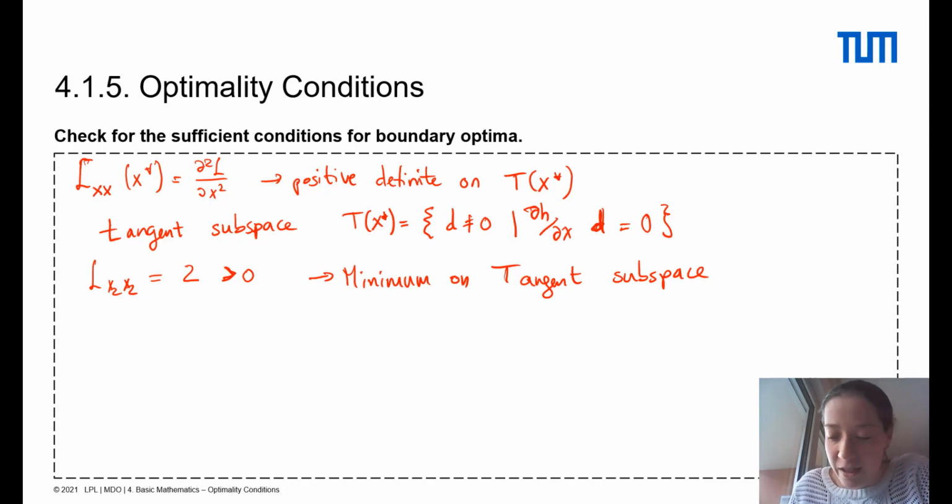Why do we have to make it so complicated? Just one word. So we've shown that the sufficient conditions are fulfilled as well. We're done. Just one word on why we have to make it so complicated and can't just check the Hessian like we do for interior optima. If we remember the Hessian from before, it was something like